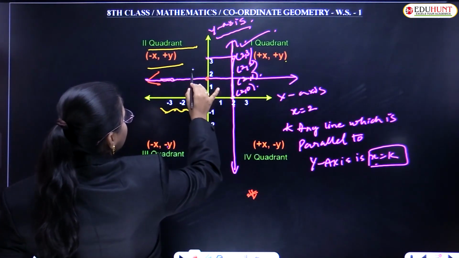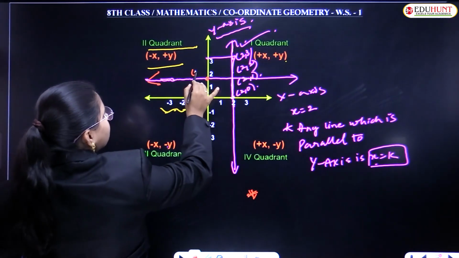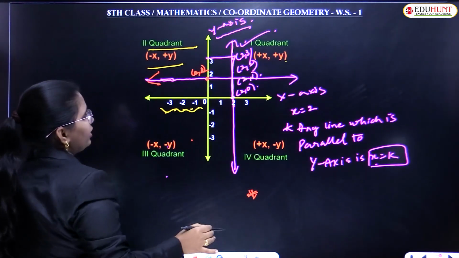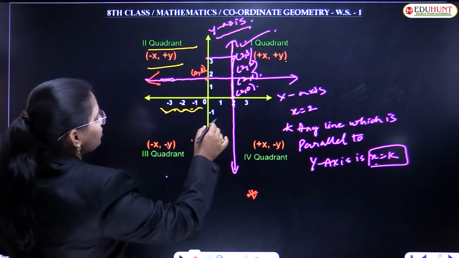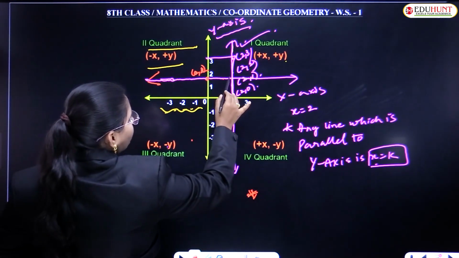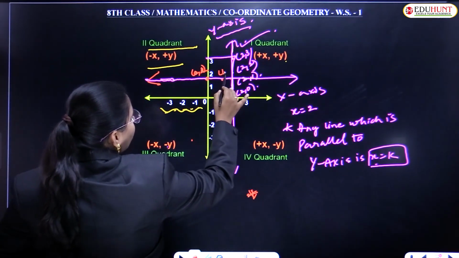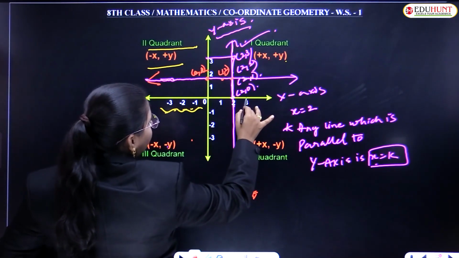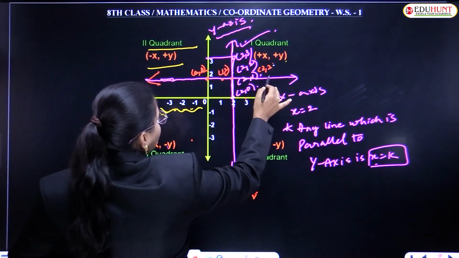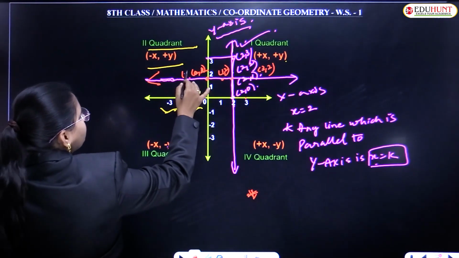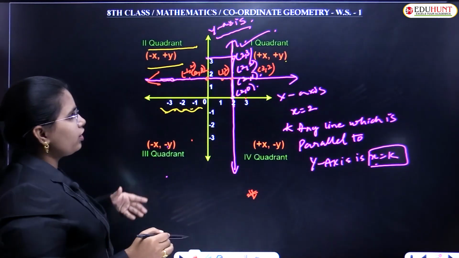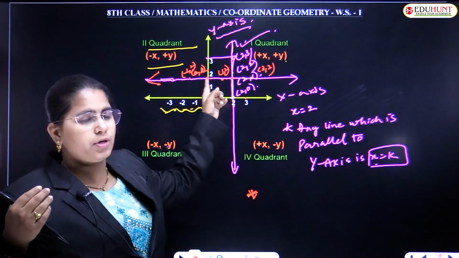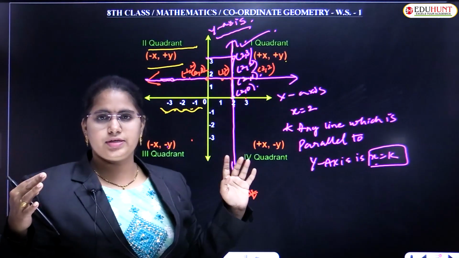How do you define this? Any point on the x-axis is x comma 0, 2 comma 0. Right? It's 0 comma 2. Next one, how do you define this point? 1 comma 2, 0 comma 2, 1 comma 2. Next this is 2 comma 2, already it is there. Next this is 3 comma 2. Similarly this side it will become minus 1 comma 2. So if you are observing this, x values are being changed but y values are the same as it is.